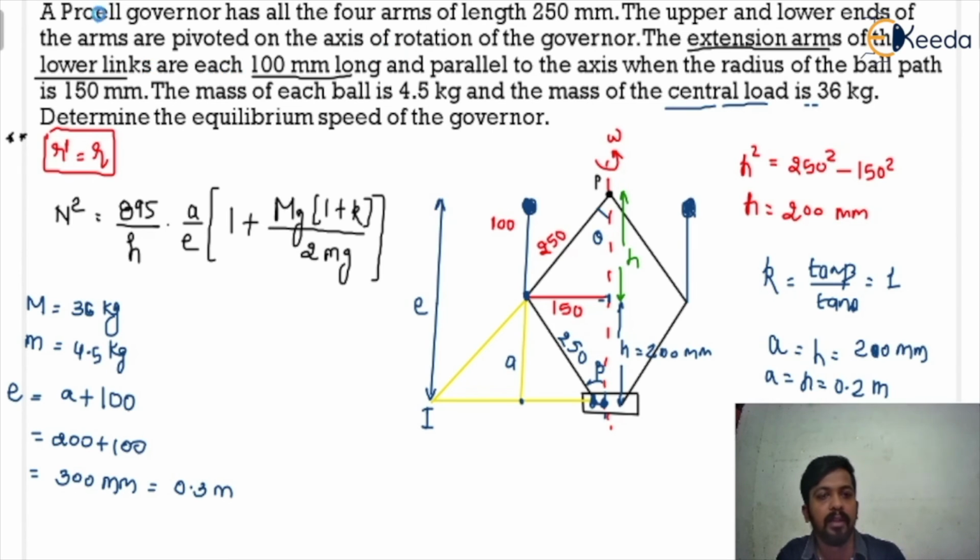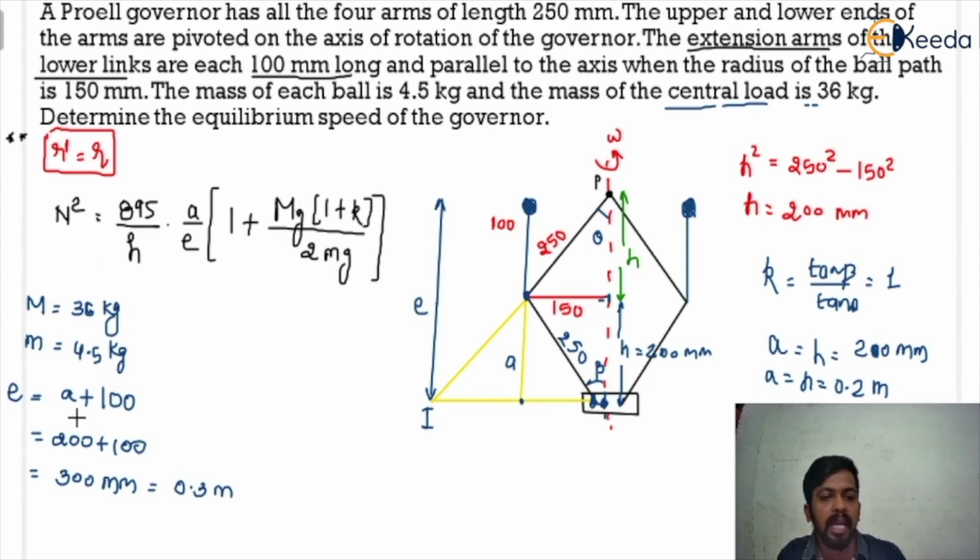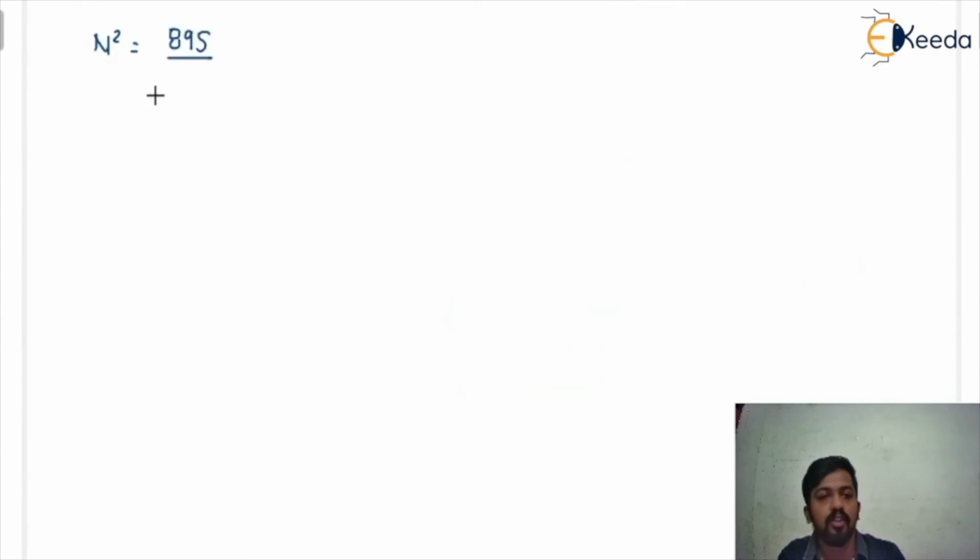So here I'm just going to put all the data we have calculated, that is 895 upon the H value, that is 0.2 meter, 0.2 multiplied by A, which is also 0.2 meter, while E is 0.3 meter, and then it is 1 plus mg. Mass of sleeve is 36 kilogram. If the G value is not given, you can assume it as 9.81,